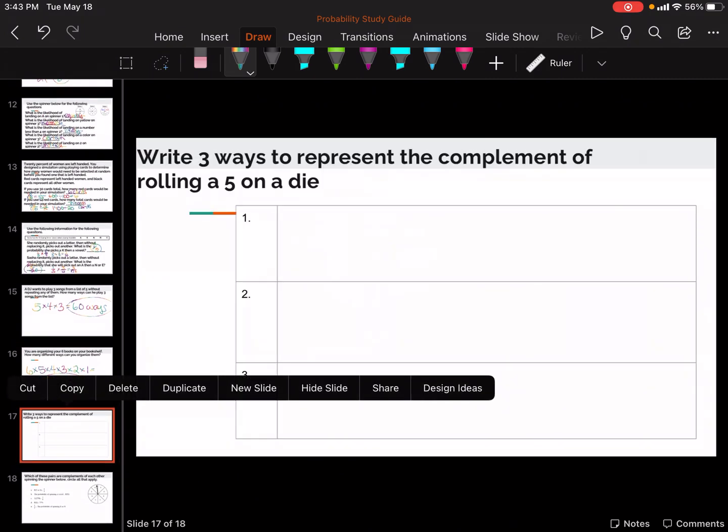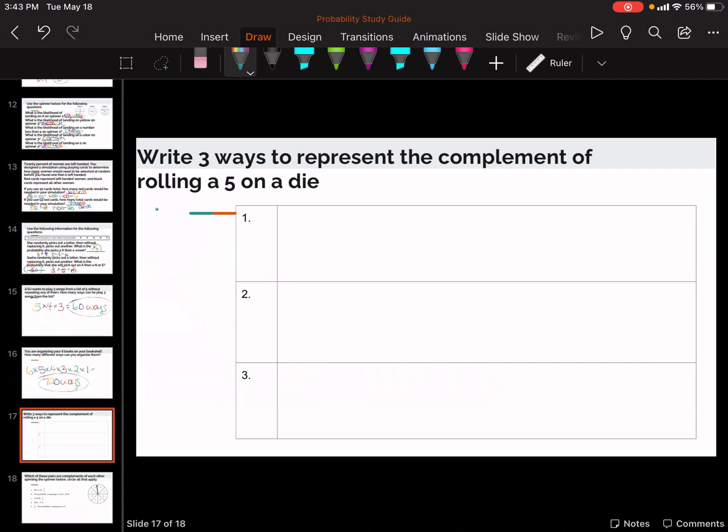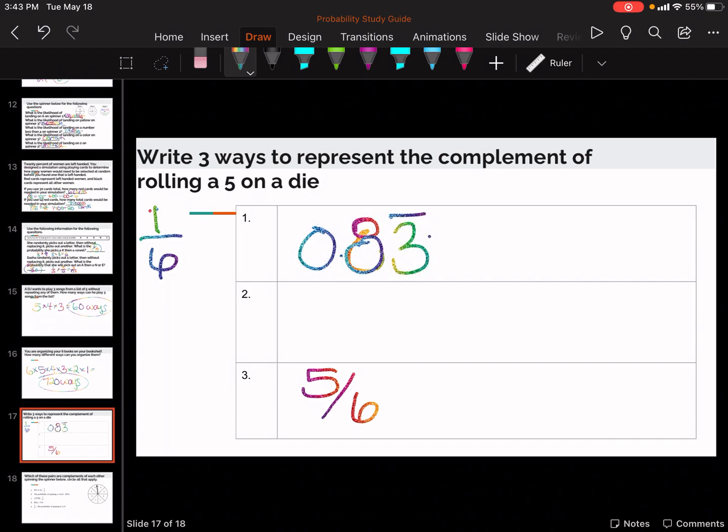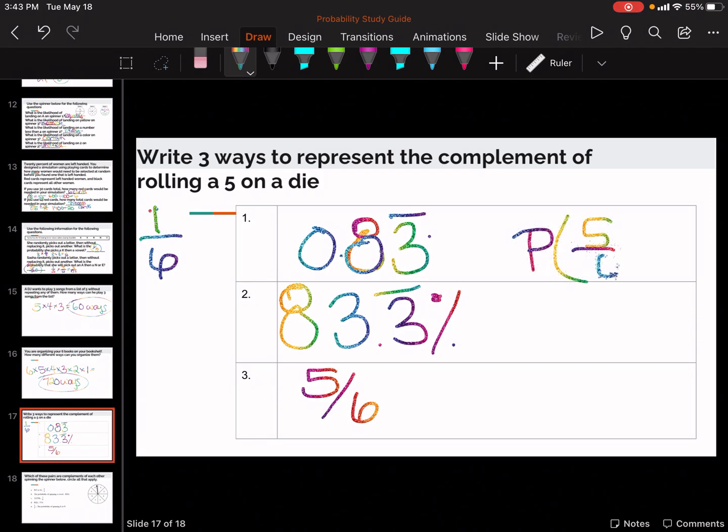Okay, we're almost done. What are the 3 ways to write the complement of a 5 on a die? So the actual probability of getting it is 1 out of 6. So its complement is going to be 5 out of 6, which you can divide to get 0.83 repeating, or 83.3 repeating percent,